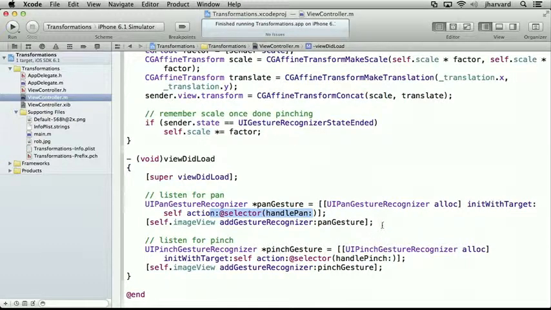And then over here, what are we actually doing? We'll notice that self.imageView is our property that maps via